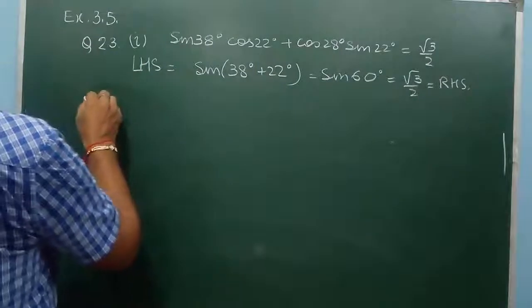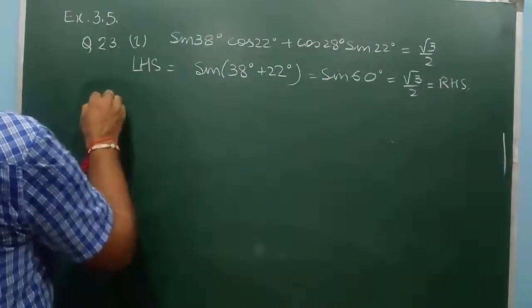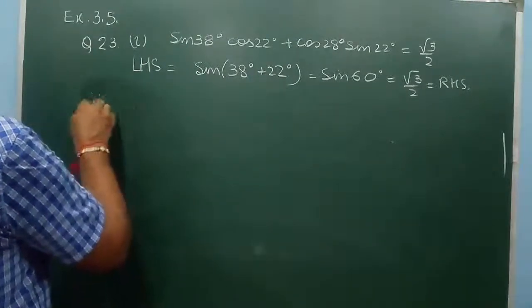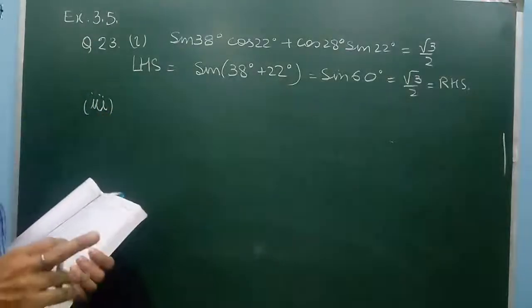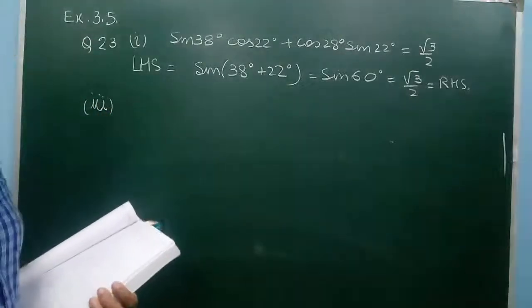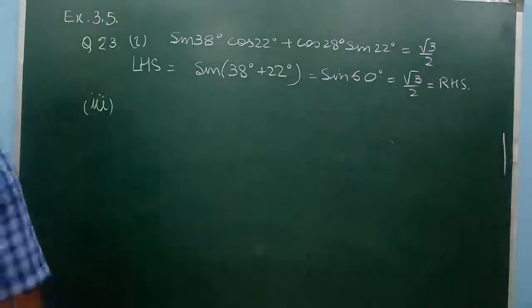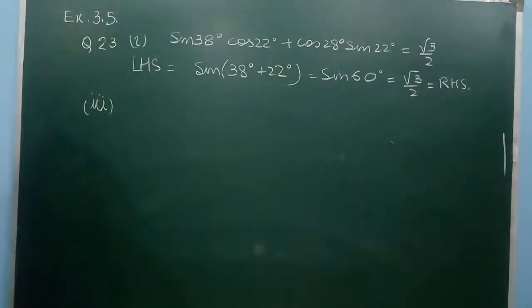Now the second one. This is the formula of sin (C minus D). Again it will be sin 60, and we can find the answer. Now the next one, third part,